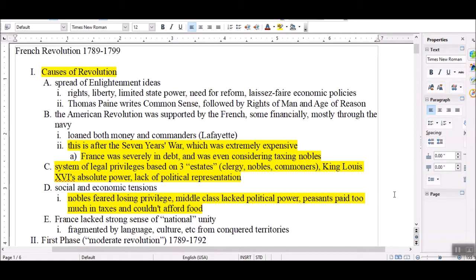Lots of causes, lots of reasons for these people to be upset with various things. One of the big ones is the American Revolution. The video series focuses on the American side of it, and doesn't really give a huge amount of the French side, but the French side is incredibly important. The United States very likely would not have won the war against Britain without France's involvement. It's also quite expensive for the French to have gotten involved there.